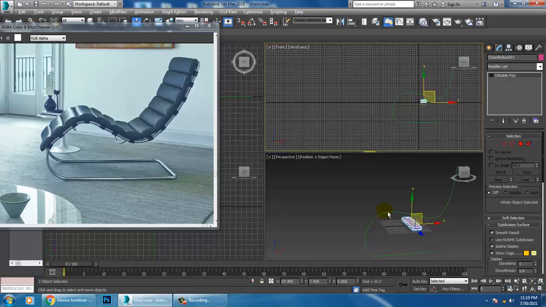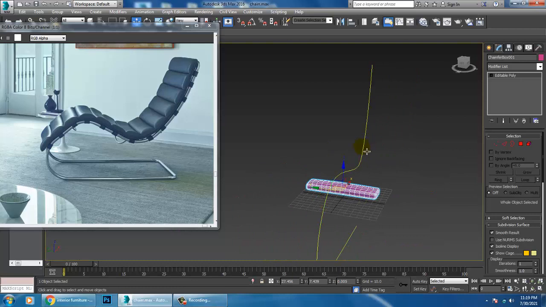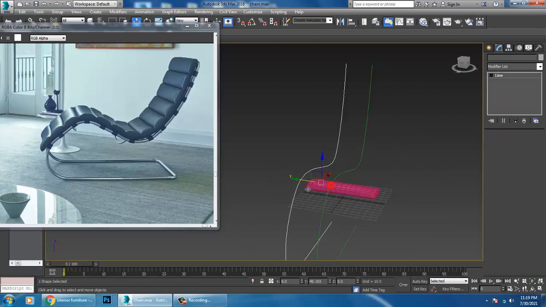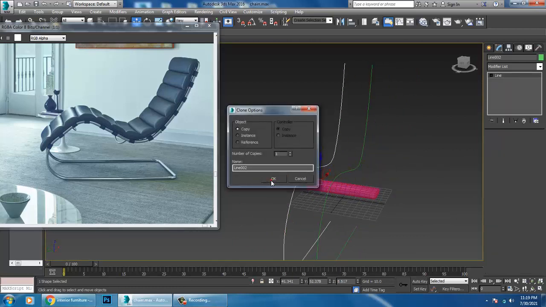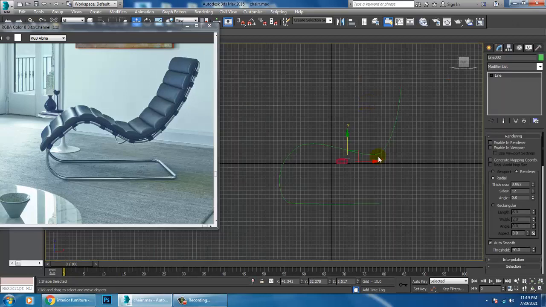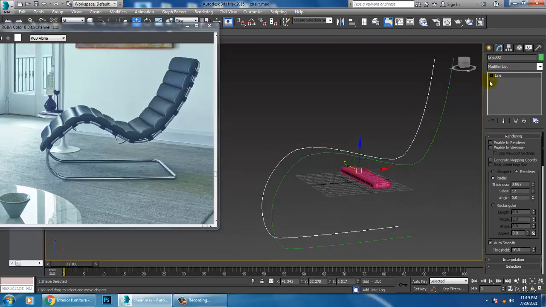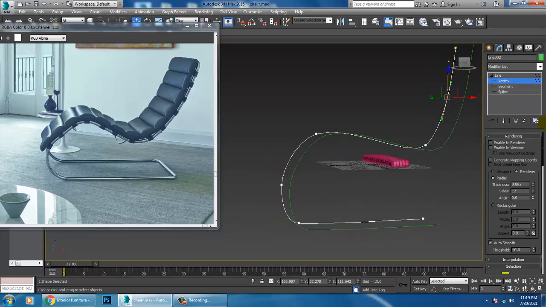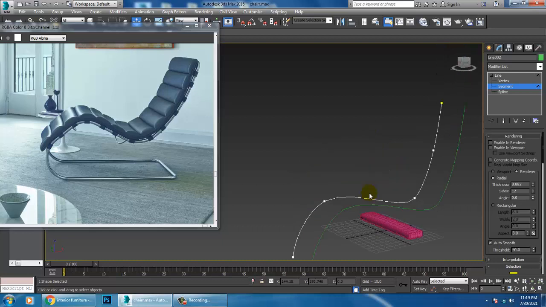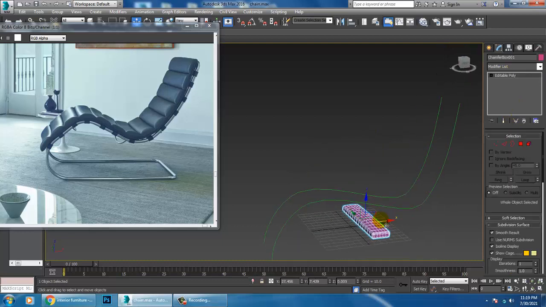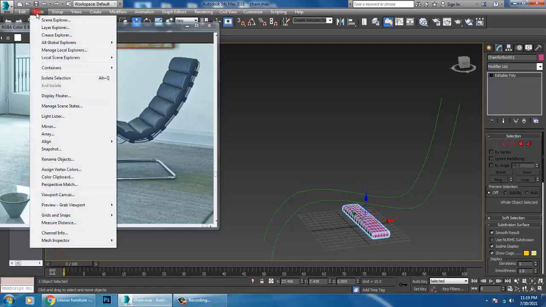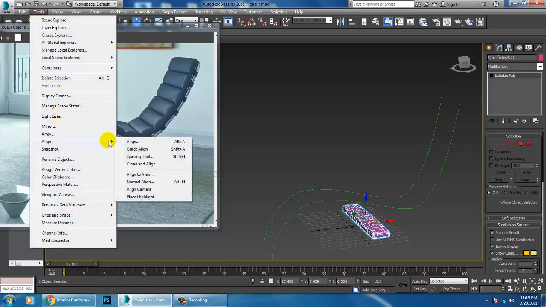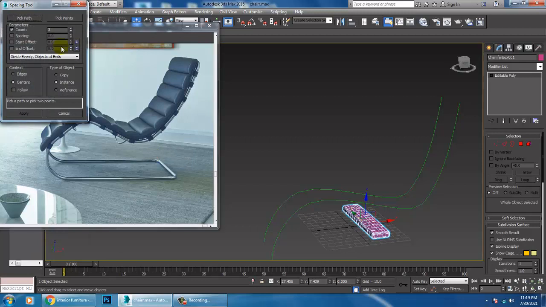I'll again make a copy of this line over here and go into the vertices. I want only till here, so I'll select this segment and delete this. Select this, go into tools, align, spacing tool, pick path.